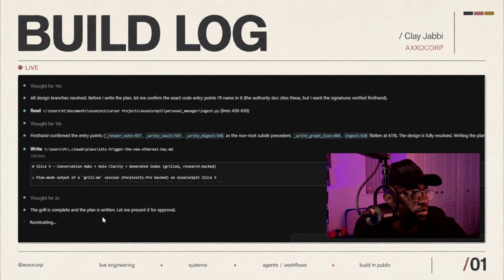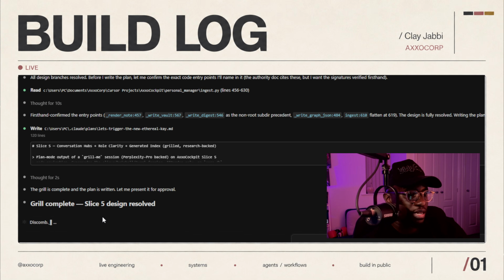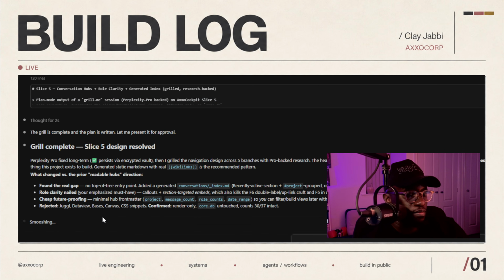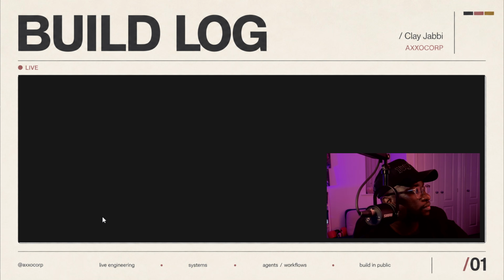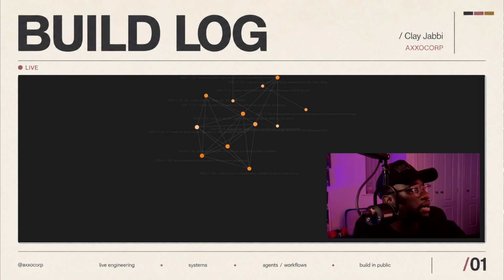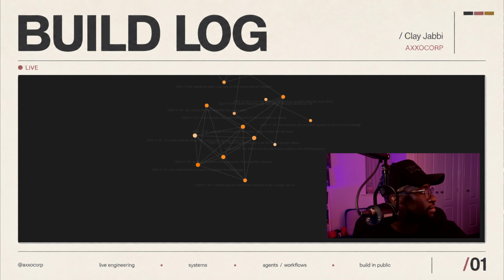So cool. So the grill session is now actually complete. Cool. Yeah, so the grill session is definitely completed. We can now actually go ahead and start checking out what